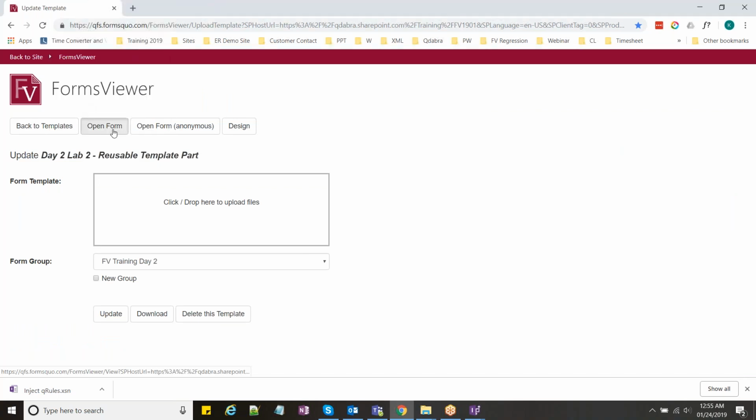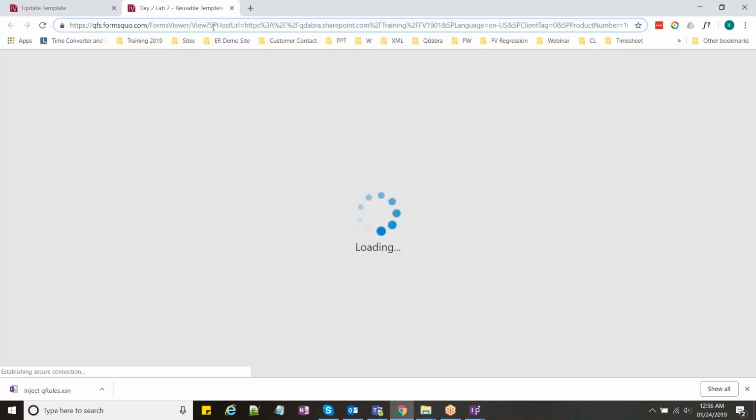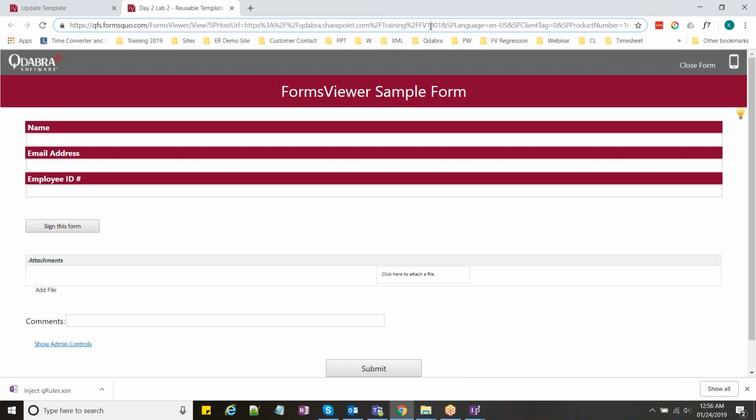So if we try to open a form, you'll see here that it has the SP host URL parameter, and the value for that is this one, which is the SharePoint site where the form is uploaded or published. So going back to the form,